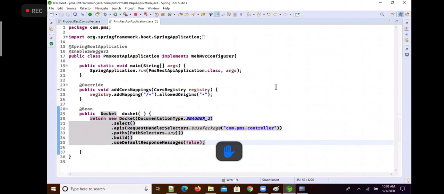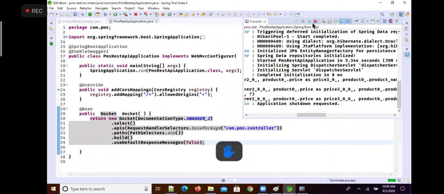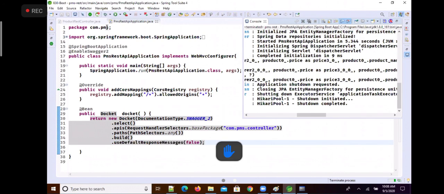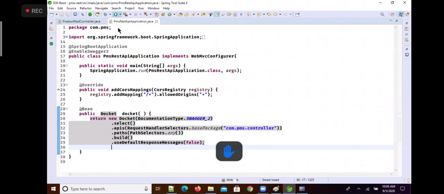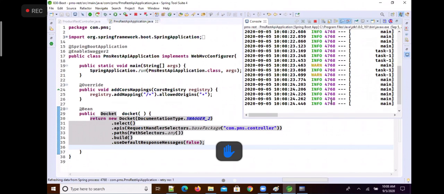Now the default response messages are not generated in the documentation. So I would like to show you that. I'll stop it. Again, I will run. Now the application is going to run.